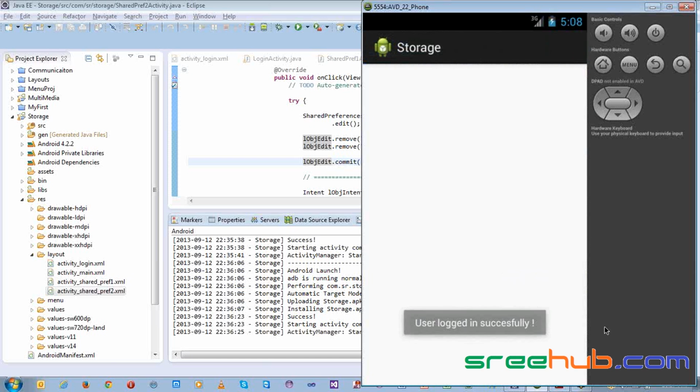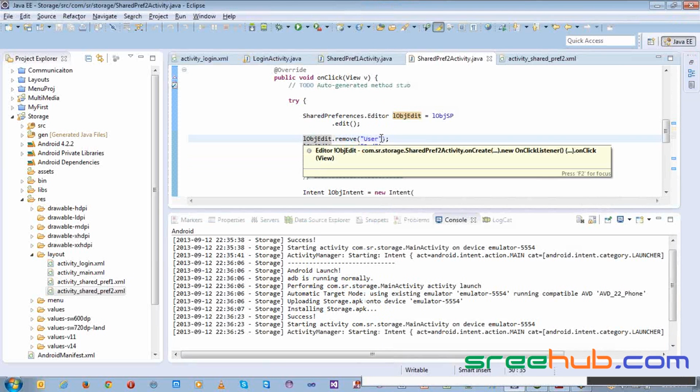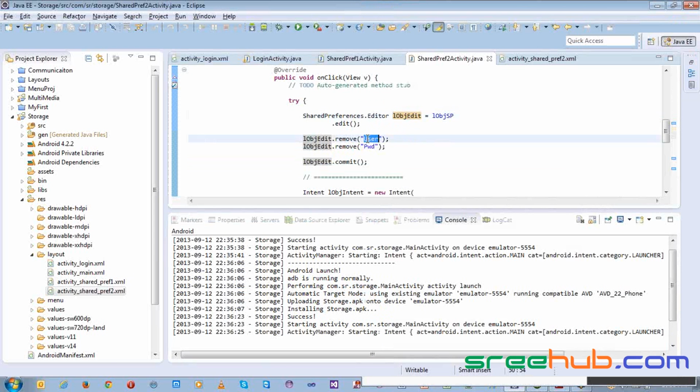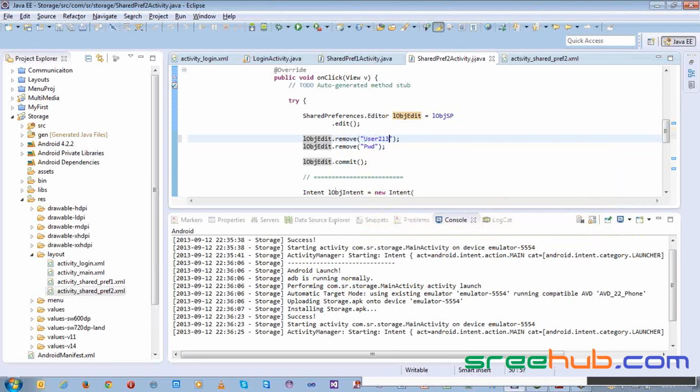You can see it will directly go to the profile page, right? So this is how you can create your functional login and logout using shared preferences, and shared preferences are secure. It won't be this simple actually, your keys will not be this simple. It will be encrypted keys again, which you cannot understand, like user and a few things like this,